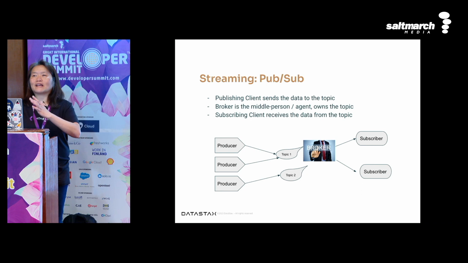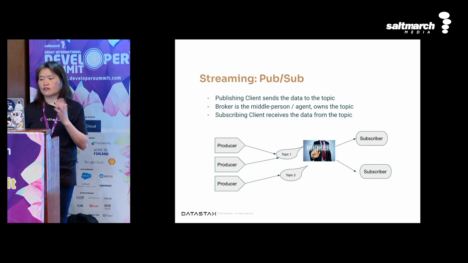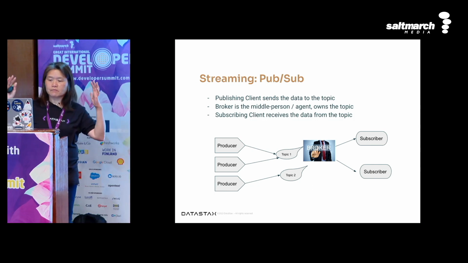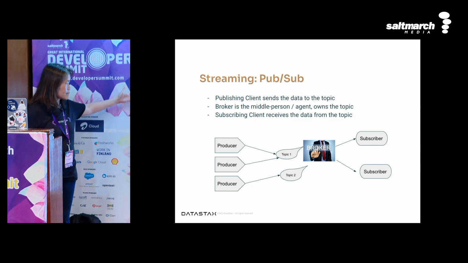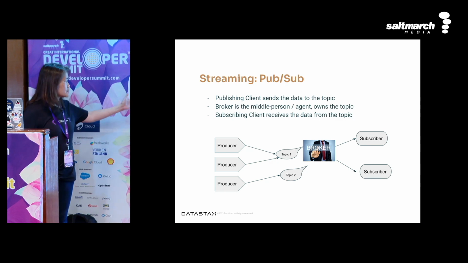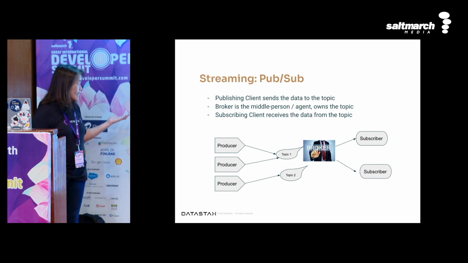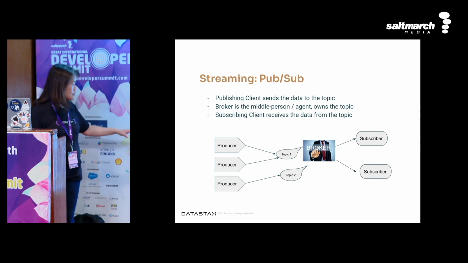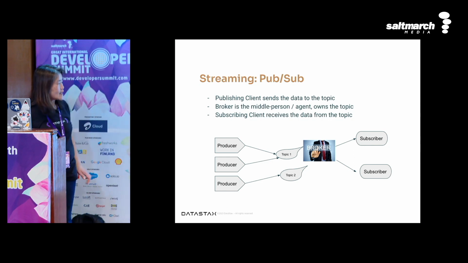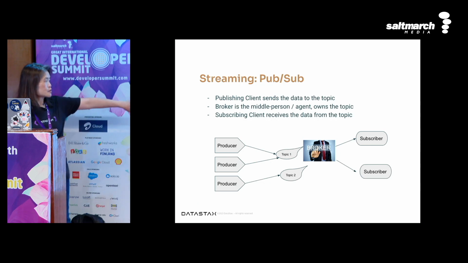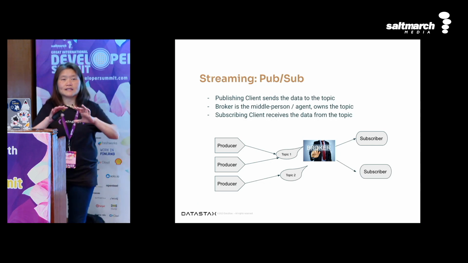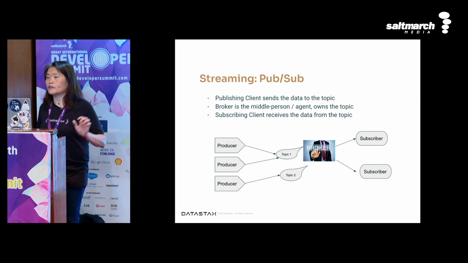You're listening to messages arriving in a topic, and the broker will deliver it. Once you have the messages on the topic, then you will receive it on the receiving side. So that's the pub-sub way of doing things, and this is just a picture to describe it. Producers produce to topics. You can have multiple producers sending to one topic, for example, and so forth. And then you can have subscribers subscribing to the topics, and the broker is the one that's responsible for distributing all of the messages.